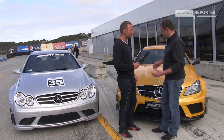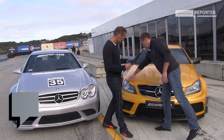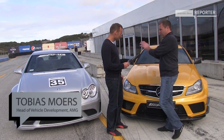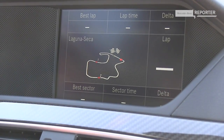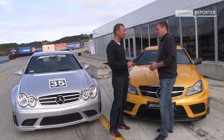First of all, it's a new design language that we have on the car. It's sharper on every cut here, so that's a different design. It looks more aggressive than the former one, the CLK. And the next thing was, okay, we want to have a new track record with our Black Series. And now we have our new